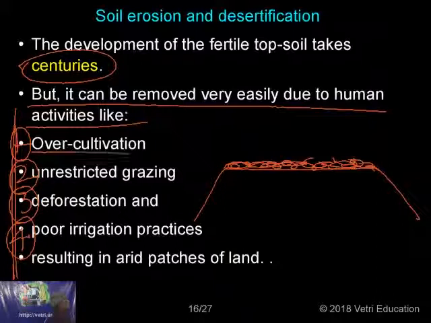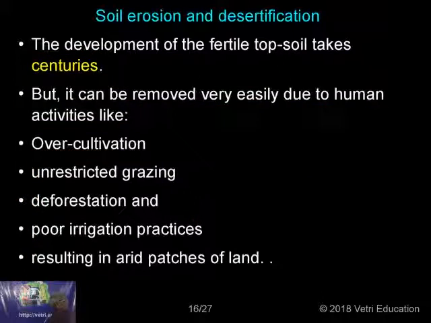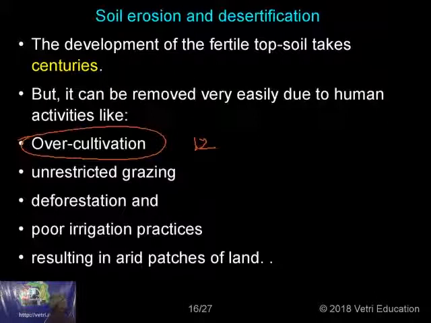What is overcultivation? Today, because of your ambition, you become ambitious, and because of that, you go for 12 months of continuous cultivation. And then unrestricted greed, that word I got it, greediness. You can't call it ambition. It is greediness. Because of your greediness, you are making the soil produce the crop for the 12